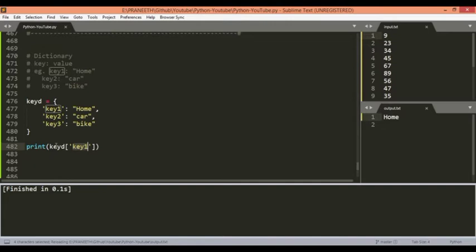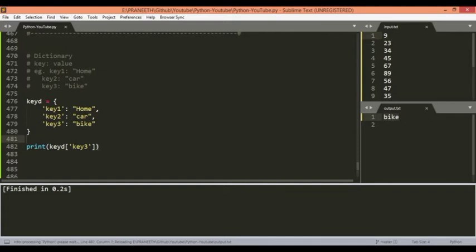So here you can see we accessed key 1 using a similar method of accessing the values in the list. Similarly in a dictionary we used key 1 as our index and then we got the value home. So we can also change this to key 2 and then it will give us car. If we change this to key 3 then it will give us the bike.